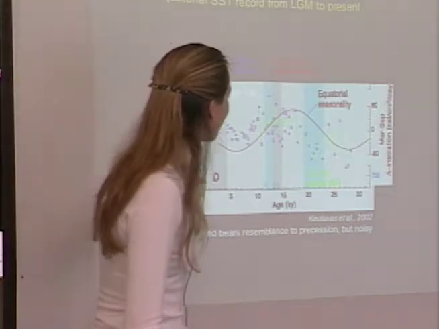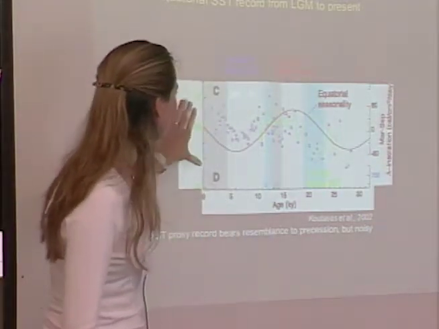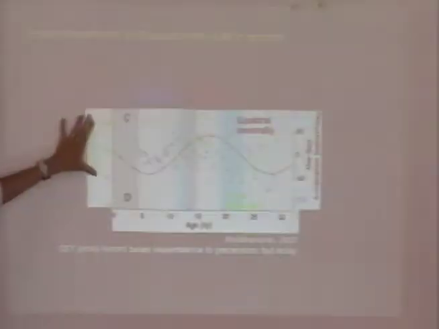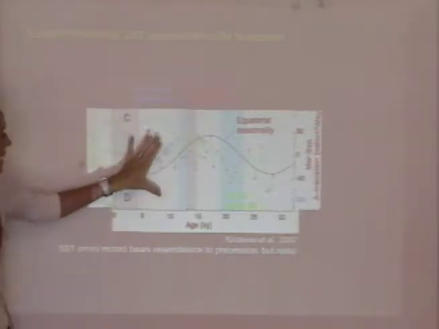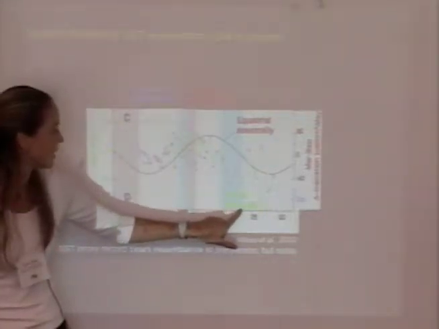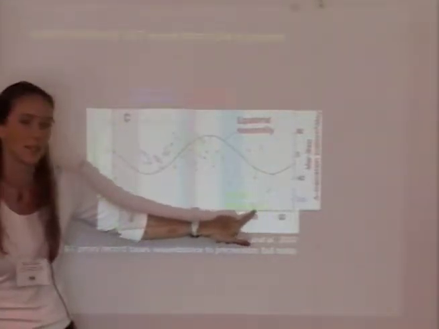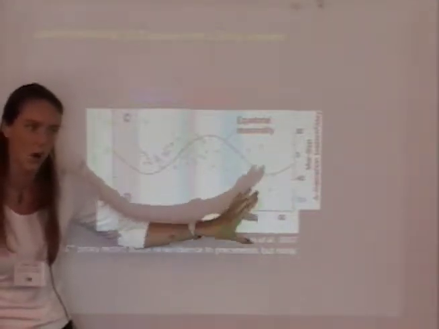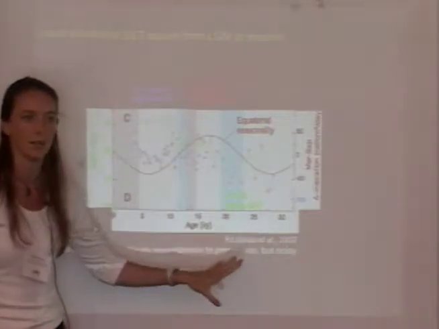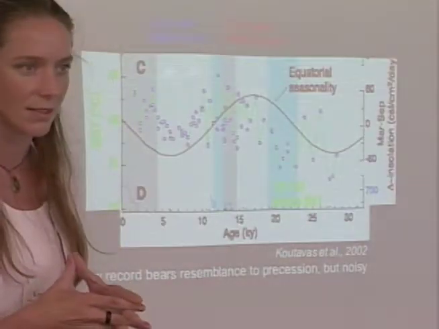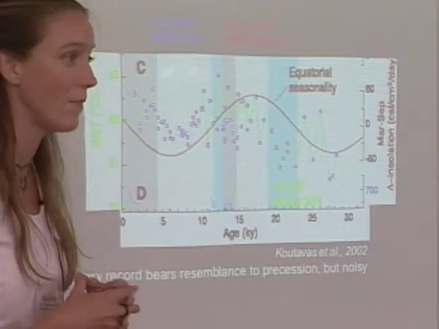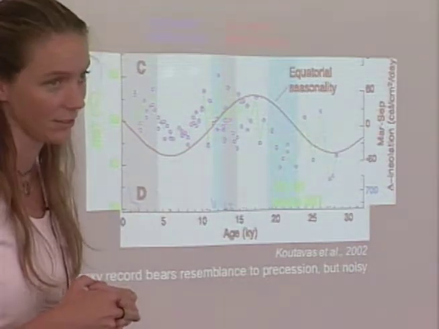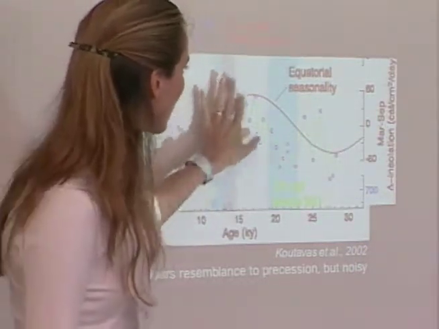Okay, so this is another example. I'm not going to go into this record too much either, of course. But this is a record of magnesium-calcium based sea surface temperature in the eastern equatorial Pacific cold tongue. Okay, cold tongue SST. We're looking at relative changes from LGM to present in a very low resolution, noisy record. That's what you see here in these purple dots.